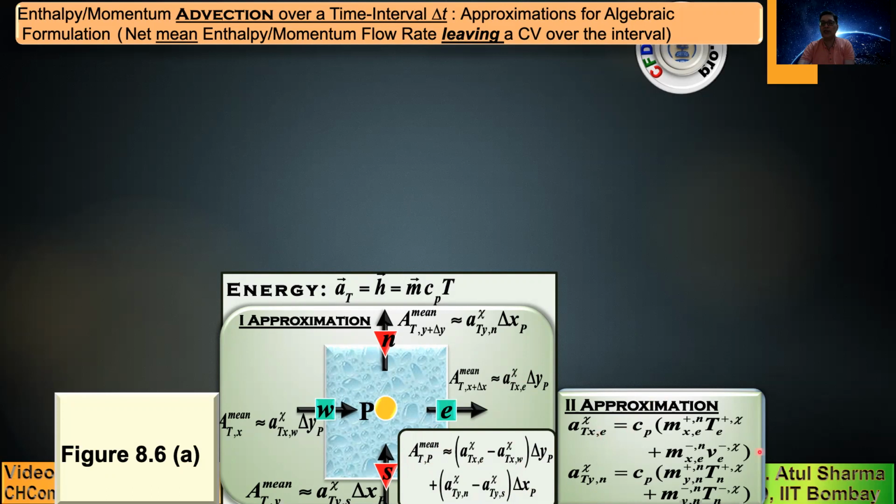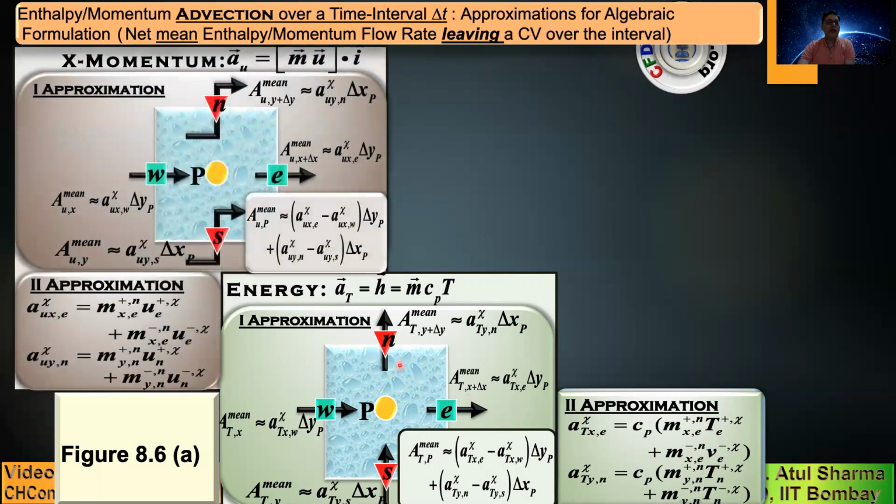The second approximation is the advection scheme, which is for temperature. It is expressed in terms of energy conservation. This AT is the enthalpy flux and it is expressed in terms of temperature. For the x momentum flux, note that all the arrows here are horizontal. In the energy conservation, all the final sense of arrow is normal. For x momentum, it is horizontal. And here, this is the x momentum flow rate expressed in terms of the x momentum flux. You can see this is the x momentum flux, mxu and myu.